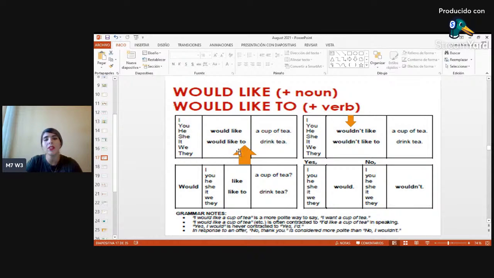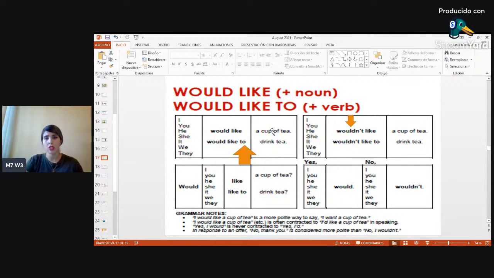And I can express it with a verb, but the difference is when we have two different verbs. In this case, we say, I would like to drink a tea, or I would like to drink tea. Me gustaría, hasta aquí llevamos I would like, me gustaría, to drink tea. ¿Por qué uso el "to"? Porque estamos incorporando otro verbo, que es el verbo, una en la que podemos utilizar un noun, es decir, un sustantivo. I would like a cup of tea. Me gustaría una taza de té.